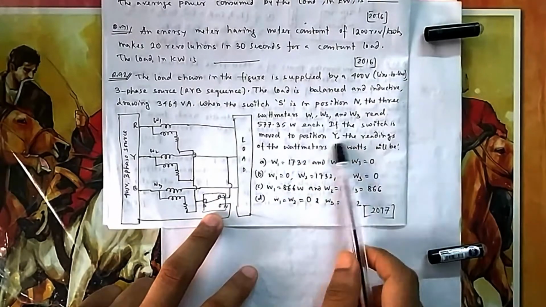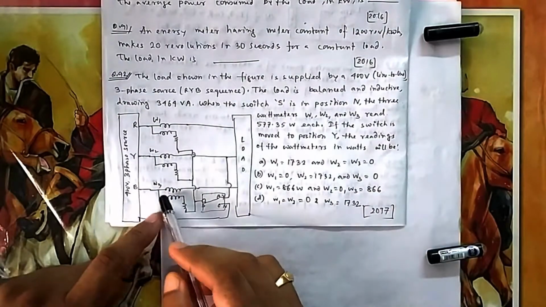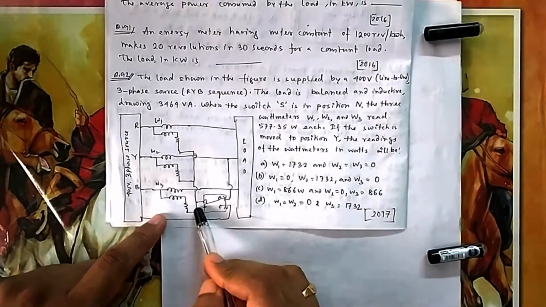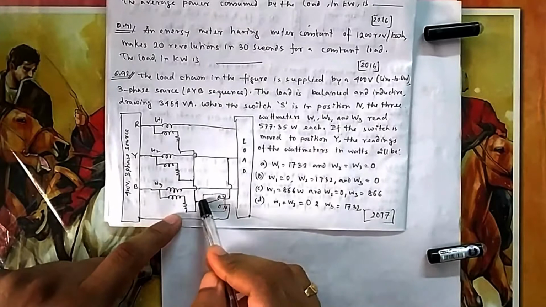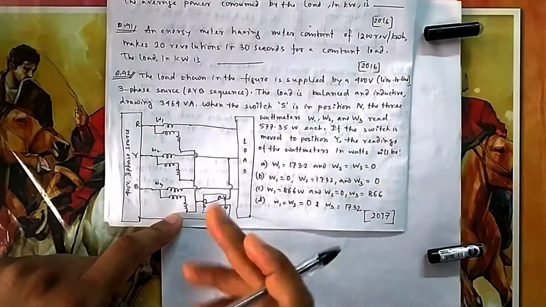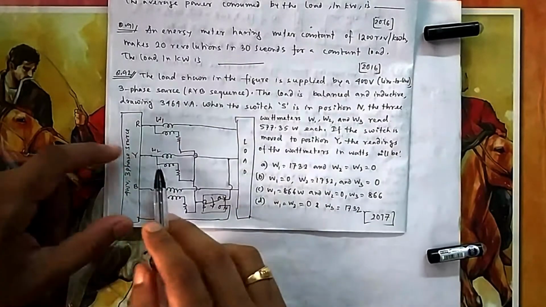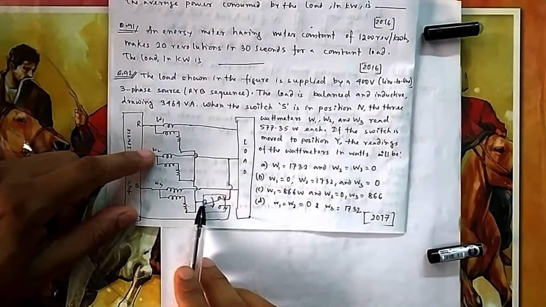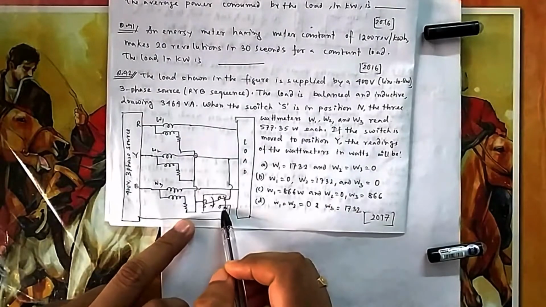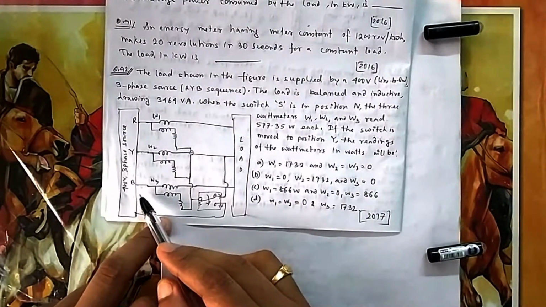So you see, if all the wattmeters are connected to N, that means all the pressure coils, suppose wattmeter 3, the third one, this pressure coil will be connected to neutral, because it comes via this switch, instead of Y it will come to N. So this is connected to N. See this one, this pressure coil is also connected to neutral. That means when it is connected to N, every wattmeter is connected with its corresponding phase voltage.